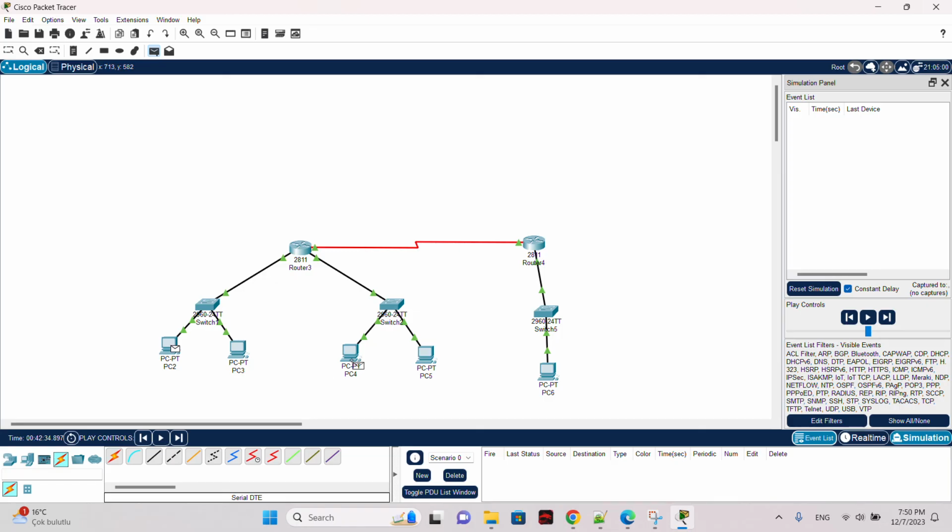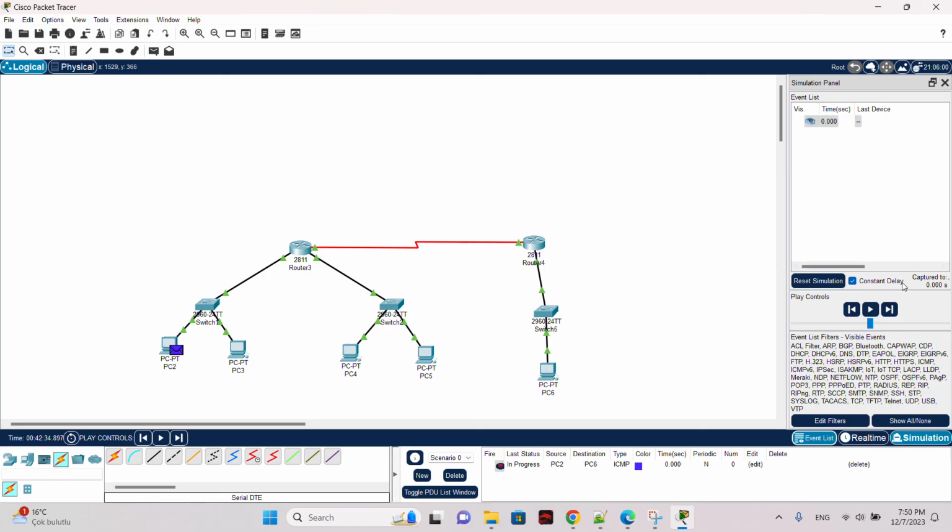So if I try and send a message right now, let me use the simulation environment right here. Let's go from PC2 to PC6, for example. Let's check. So the message goes from the switch. Let me fast forward, goes to the router. From the router, it goes to router 4. Now it goes to switch 5. And in the end, if I fast forward, yes, goes to PC6, gets the acknowledgement back, and